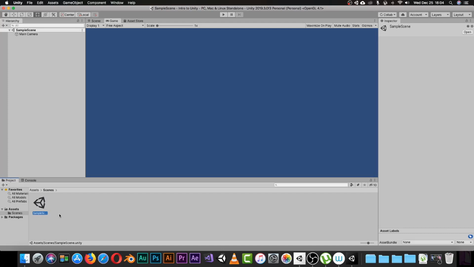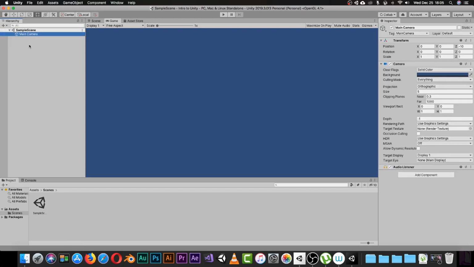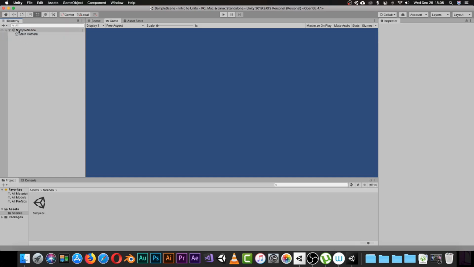So this is the scene that you will have in your games, and this scene here, it's written here as sample scene, right? And all it has inside of it is this main camera here. This is a game object that is included in your sample scene, as it's created by Unity by default. This is the camera that's going to be following anything that you have in your game. So basically this place here is the hierarchy that will organize every object and every game object you have in